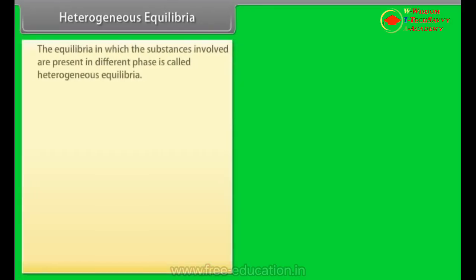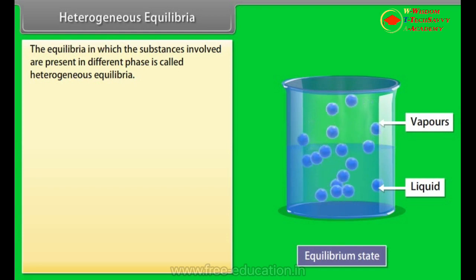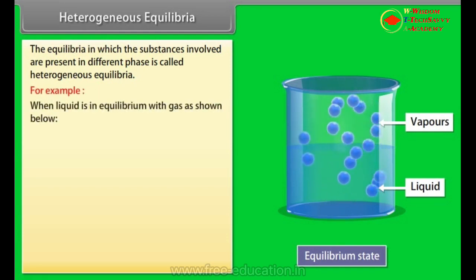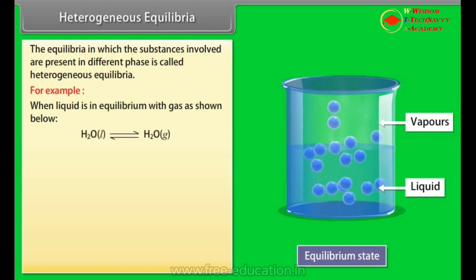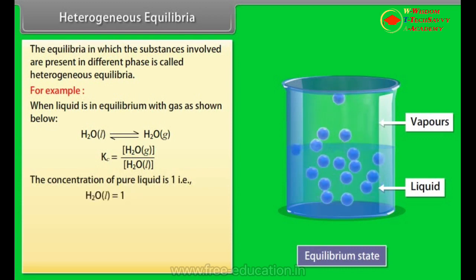Heterogeneous equilibria. The equilibria in which the substances involved are present in different phases are called heterogeneous equilibria. For example, when liquid is in equilibrium with gas as shown below, the equilibrium constant is given by the expression. The concentration of a pure liquid is 1, that is, H2O in liquid form is equal to 1. Hence,